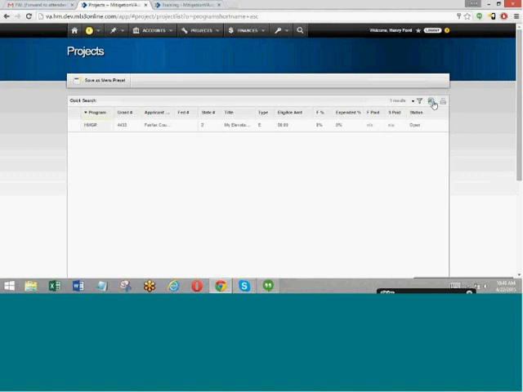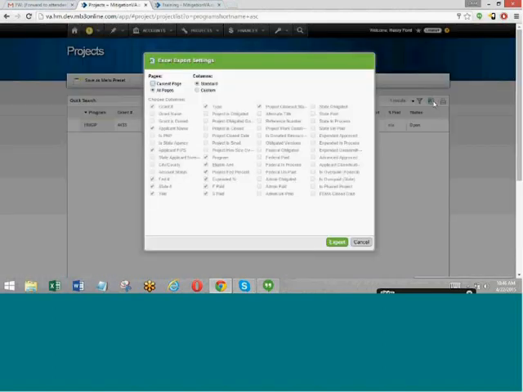When you export to Excel, it will give you the option to export the standard set of columns that are selected by default, or you have a custom column option. In this case, you can say, you know what, I want to include additional information. For example, I want to see whether a project is open or closed, or when the obligation date was.